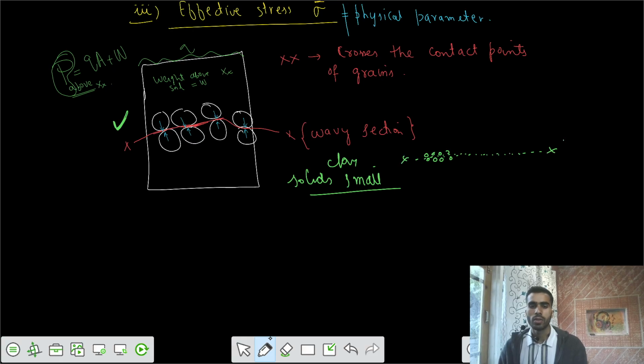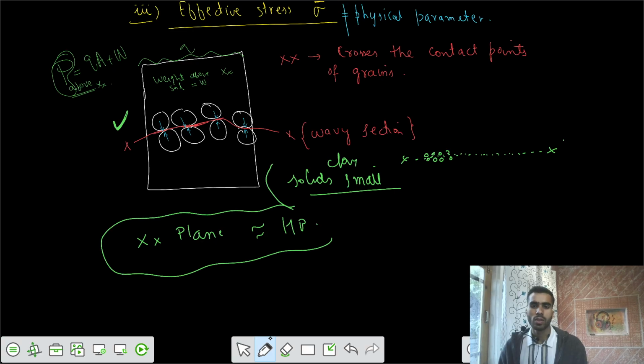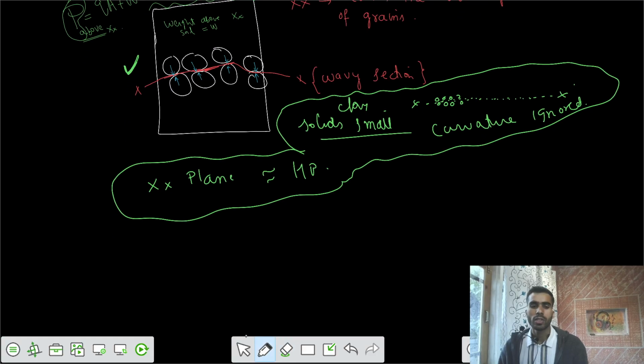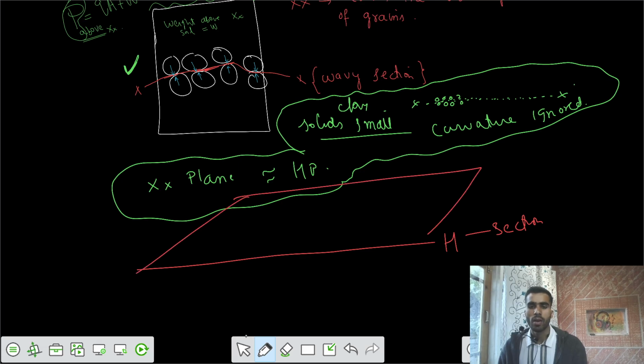We can assume that your cross section XX plane is actually a horizontal plane. We can assume it to be a horizontal plane because solids are very small, so we can say this curvature can be ignored. Okay, so this is for the understanding where we zoom in on those particles and show the curvature of that section. But finally, I'm going to take a cross section that is a straight line, that is a horizontal section,